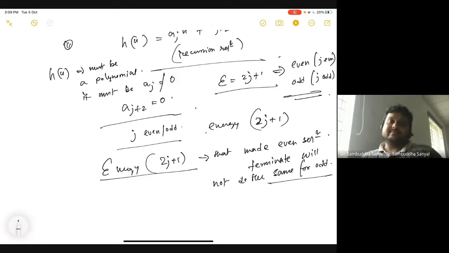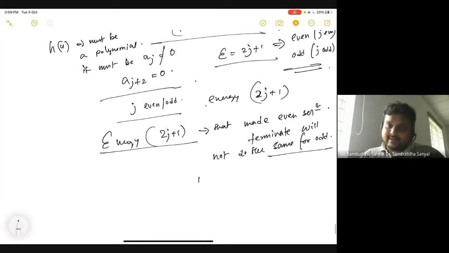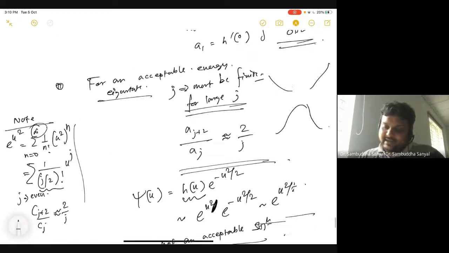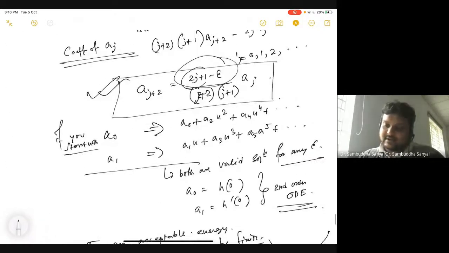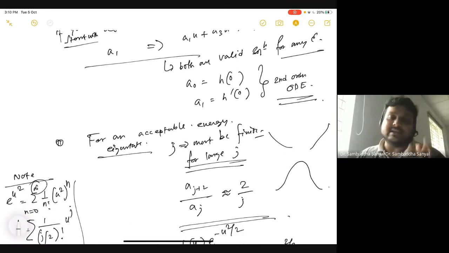So this is the criteria. The second solution is not an eigenstate, which means it will have this infinite series problem. I hope you understand what I mean by that. It just means that if I have a particular choice of 2j plus 1, let's say j equal to 3 or something, the condition that terminates this series will only terminate the even series and not the odd series, and vice versa. So for a given 2j plus 1, only one particular set of solution is a valid solution. Okay?